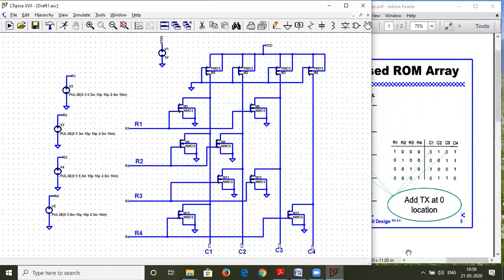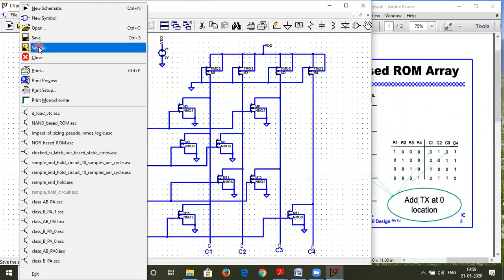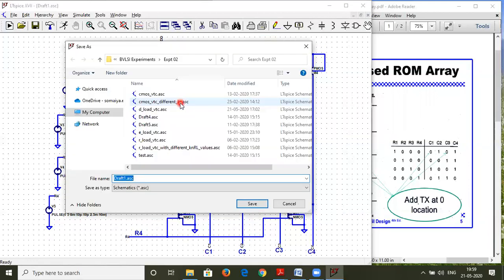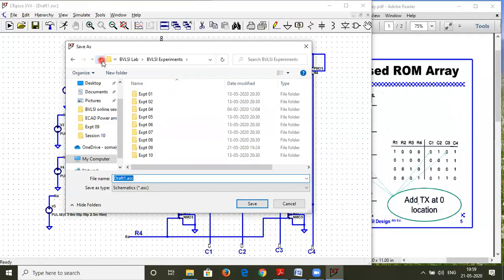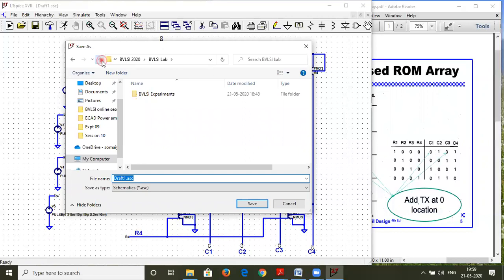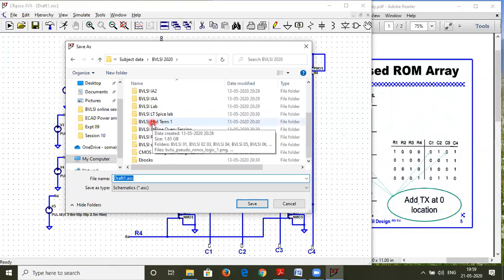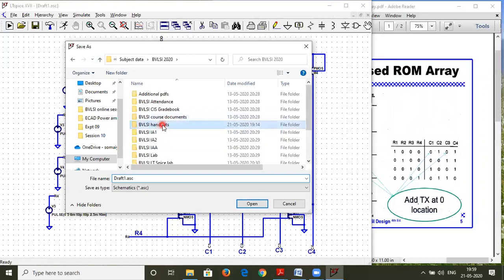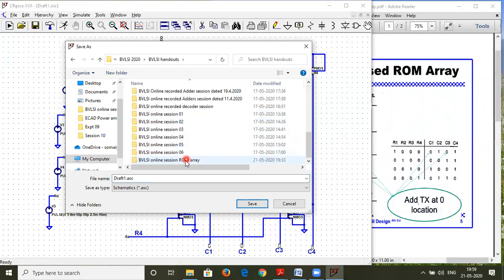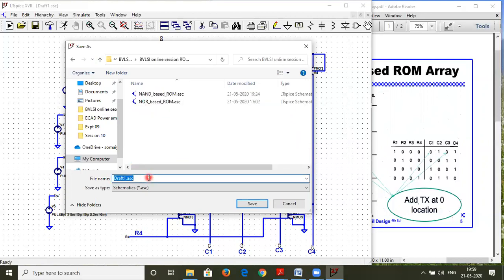I'll name it later. So let us first save this. So we'll go to File, we'll go to Save As. Okay, so we'll save in the appropriate folder. So let me just name this file as nor base rom 1 dot asc.